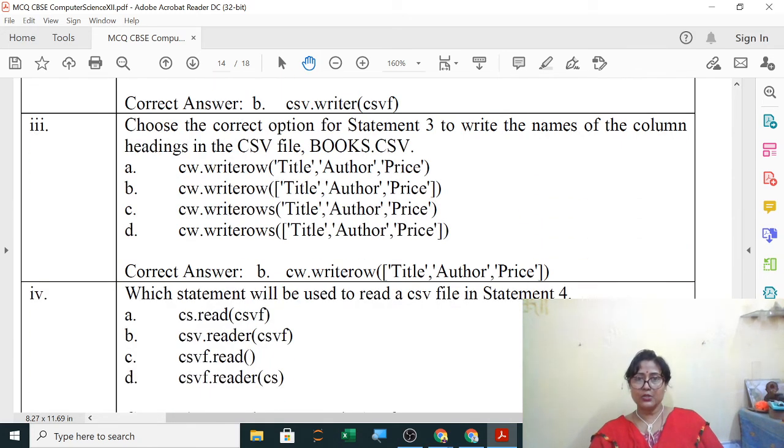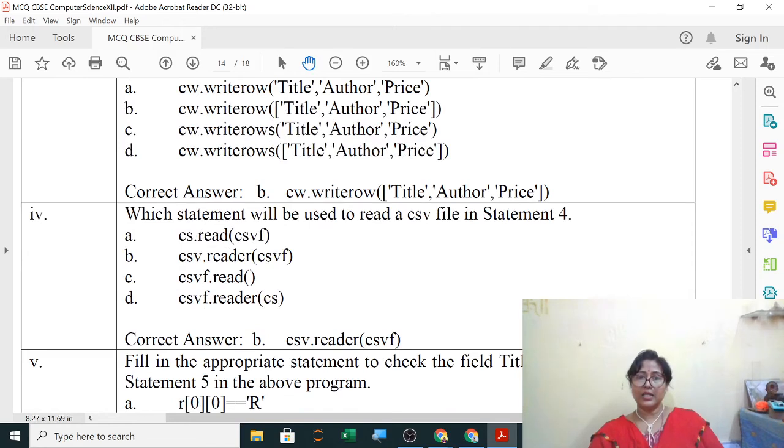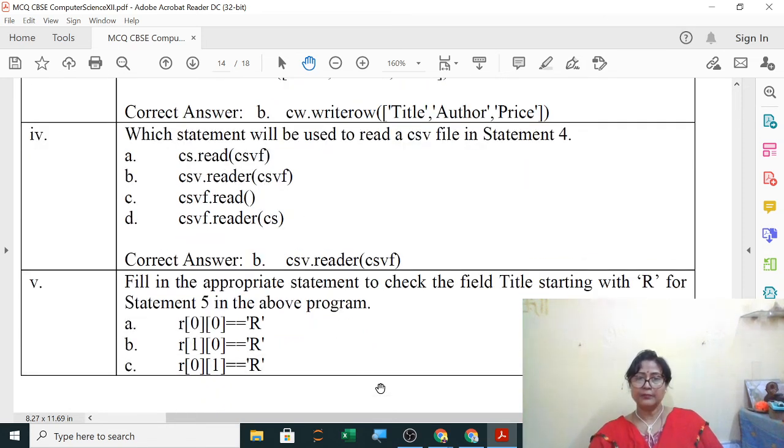Now next is to read, statement 4. Already we have seen how we read it. In bracket we will write the name of the file. So the name of the file is csvf, and csv.reader we have to write always. So csv.reader, in bracket the file name. File name actually is an object which changes as per the question. We were using F till now, so we were writing F. In the question paper it is given CSVF, so here you will write CSVF.